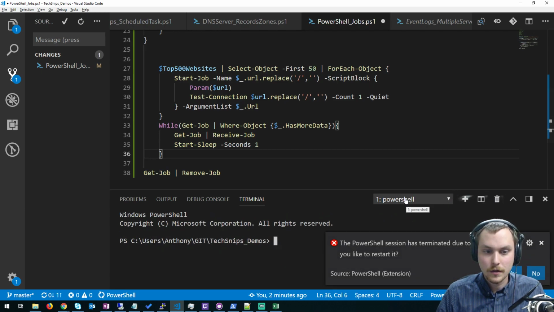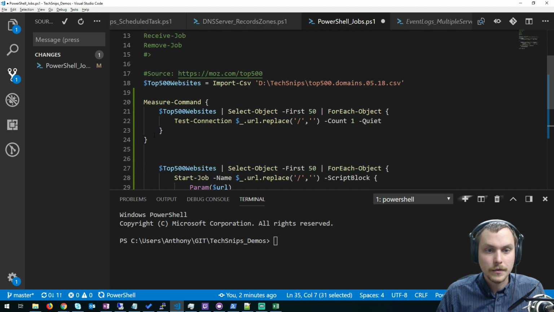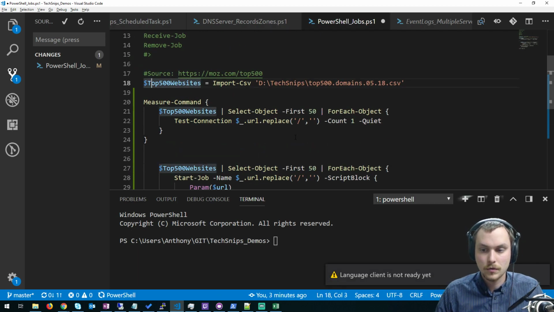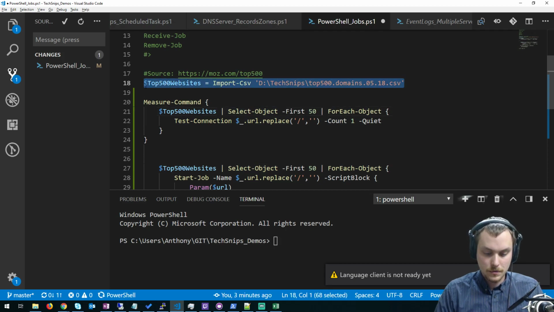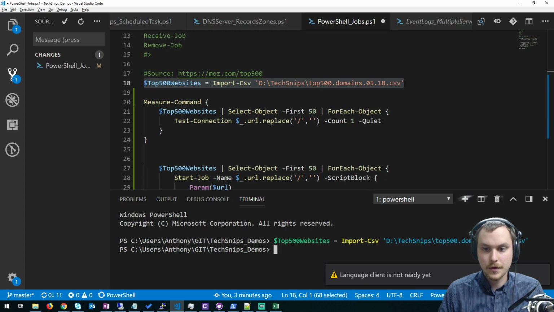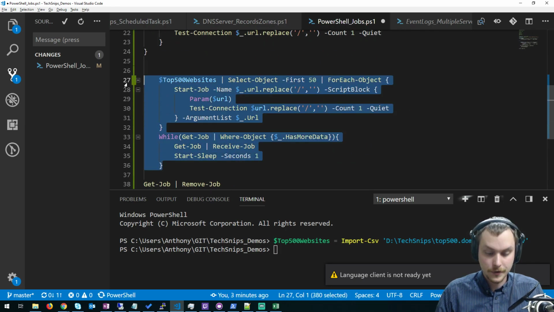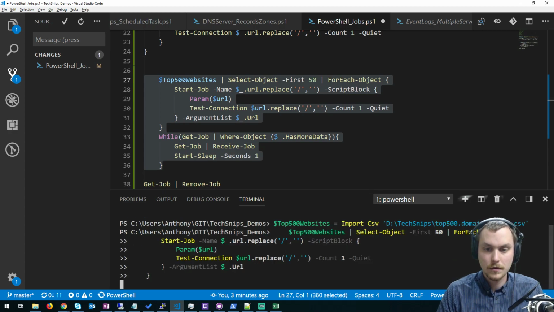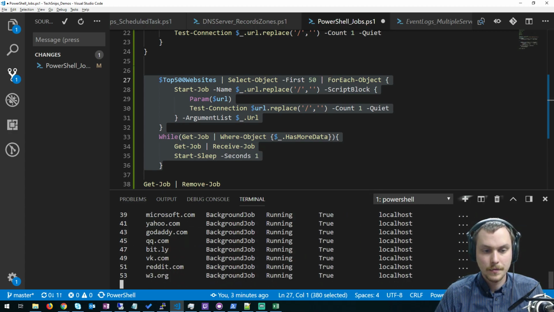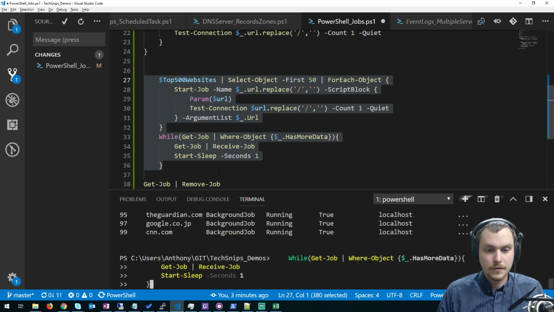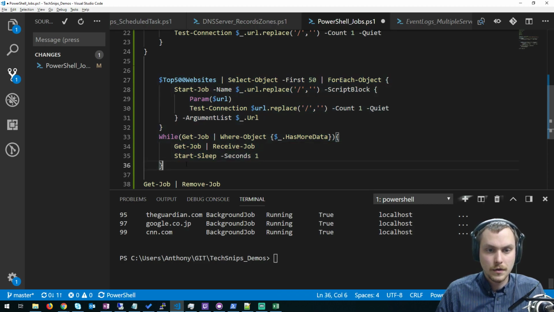Wow. So let's try this in the actual PowerShell console here. Let's see. No, we're not ready to start right now. Oh, whoops. So maybe the integrated PowerShell doesn't like jobs so well. All right. So that actually worked. And then we should be able to